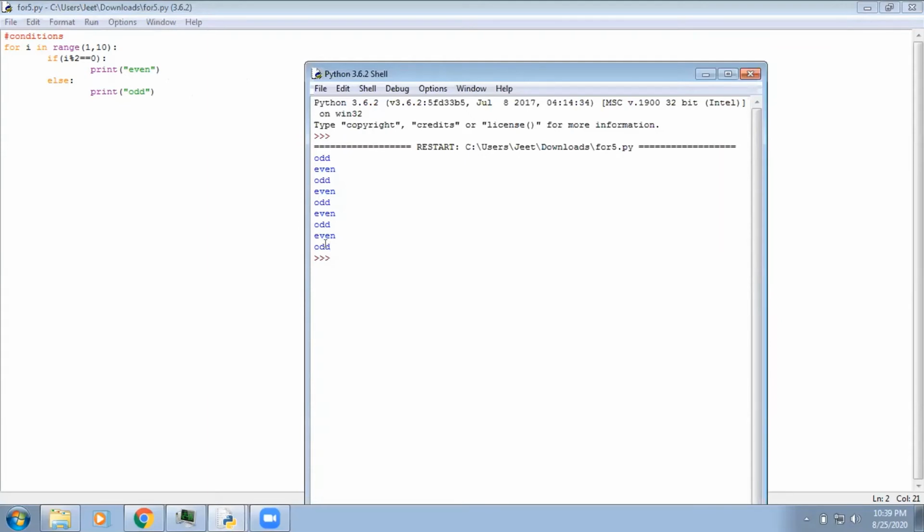That was the basic logical reasoning behind this program, and you can also run this program on your own devices and check by changing the values of the range. And that was all about this topic.